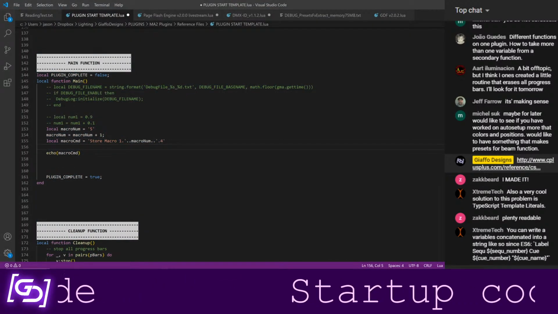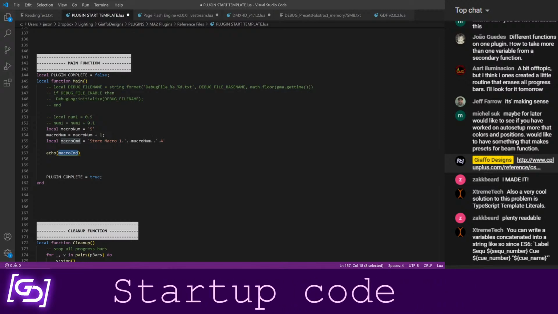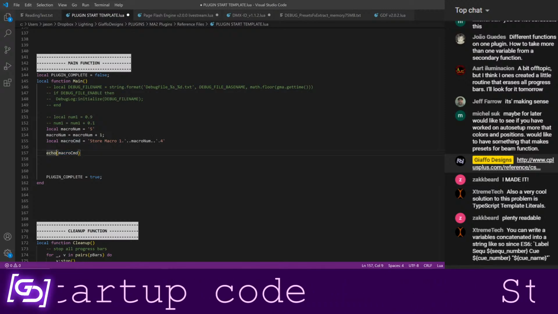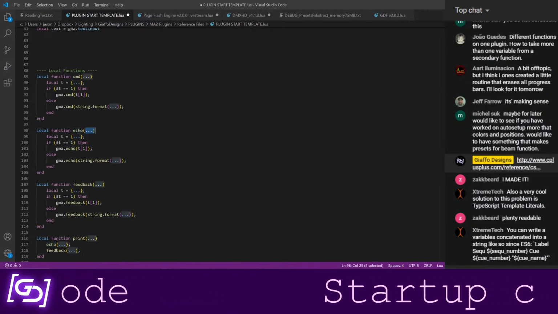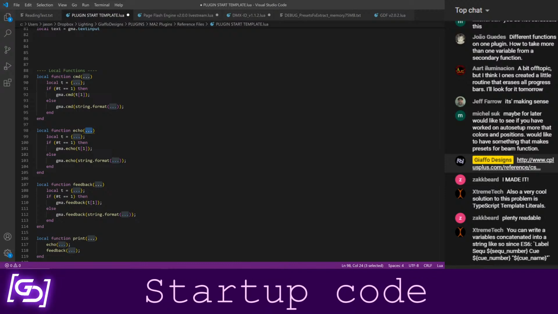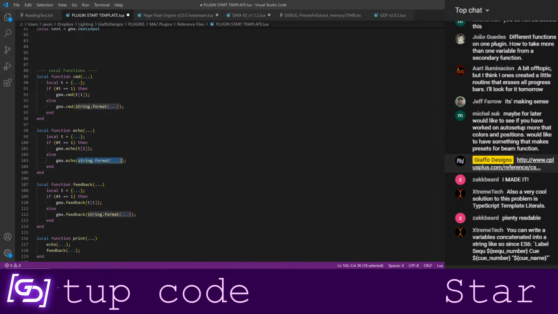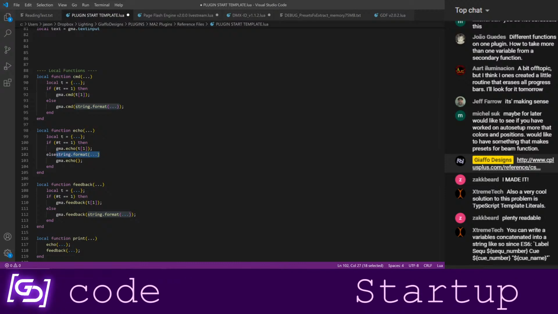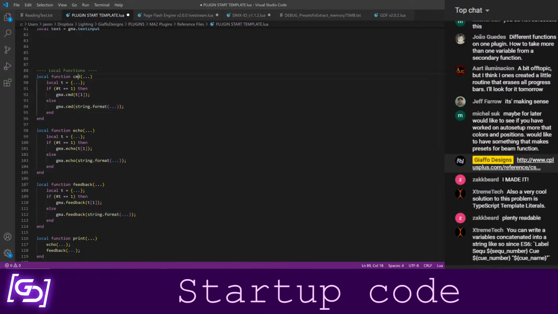If I was to say echo, and I'm just going to redo this. My echo function, sorry, we had started talking about this earlier, is set up to receive a variable number of arguments, because if it sees that the first thing in there is a string, then it will go ahead and implement string.format on it, just so I don't have to type that in every time, because it is such a common thing that I'm going to be using with echoes and with commands.